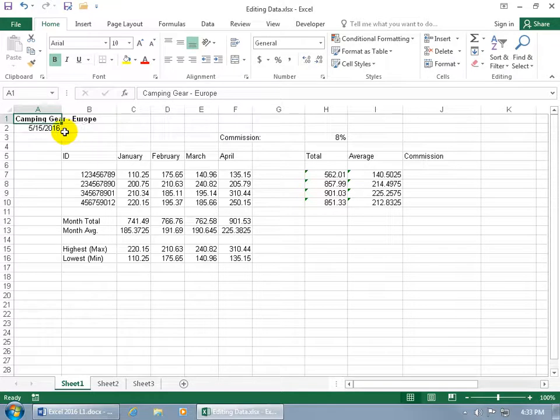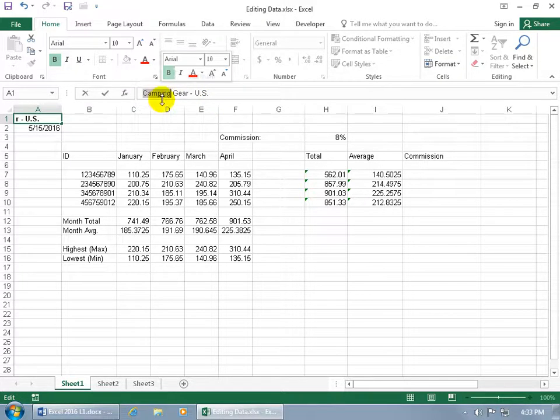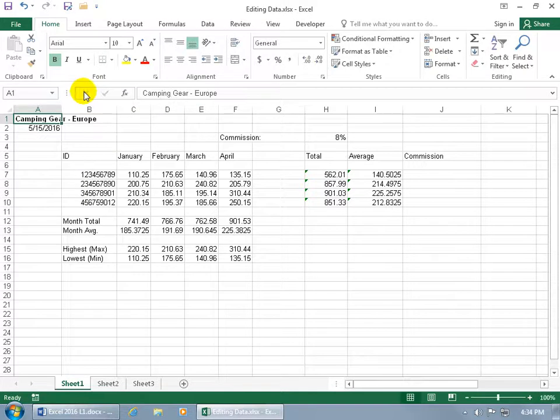Or if it works for you and you don't want to double click to edit within the cell, you can also come up here in the formula bar. Let me hit enter. With the cell selected, just come up here and make your changes and go ahead and change it back to US. Also, a shortcut for overwriting a word is to go ahead and double click on it. It selects the entire word and then you can type in whatever else you want to replace it. Sleeping gear. And if you don't want to accept your changes because you made a mistake, then you can just go ahead and hit the escape key or just click on the X to cancel those changes